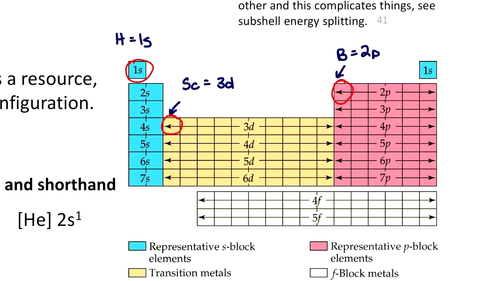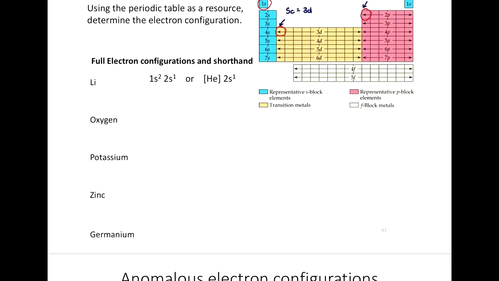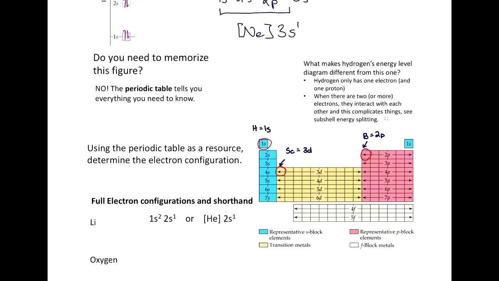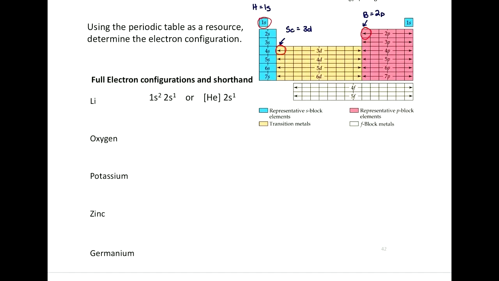All right? So to write electron configurations, we don't actually have to fill the diagram like this. We can just think, okay, where are our electrons going to go until we get to that number of electrons for this atom. So for example, lithium has 3 electrons, right? So we locate where lithium is on this periodic table. It's right there. And so we just work our way up from hydrogen to get to lithium. We place electrons, 2 of them in the 1s, and then 1 of them in the 2s to get there. Those are our 3 electrons.